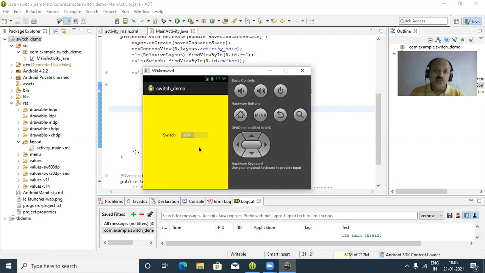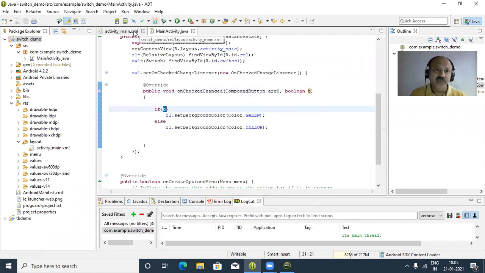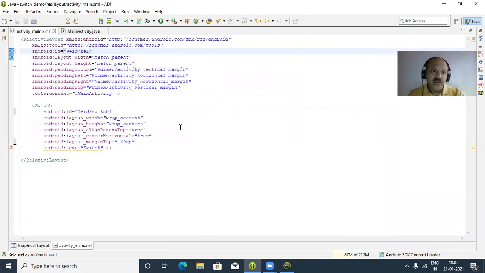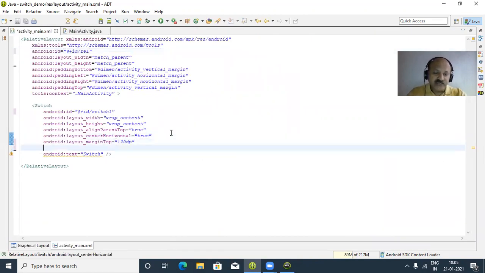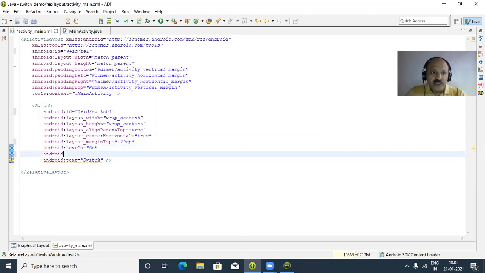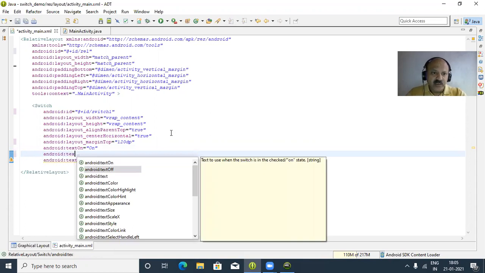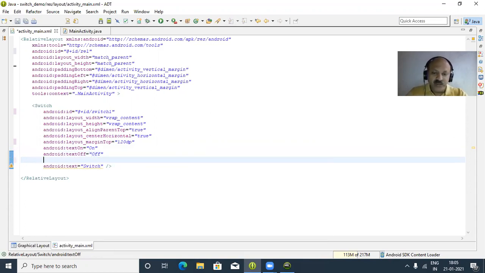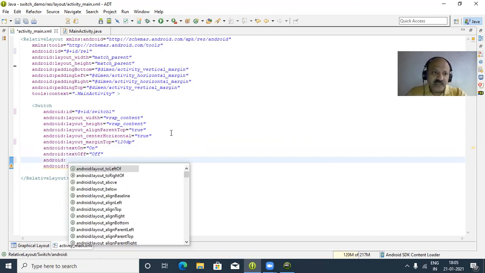And now what to do? So we can print the message. So let us go to the next step. In the XML file, we can take some layout, and that is Android. And first we can take on and off text. So here I type on, and you can also take some message. So yes, that is a possibility. And off, so I write the off keyword.